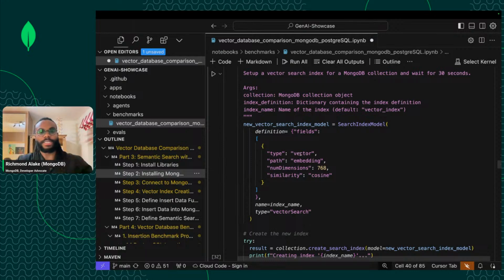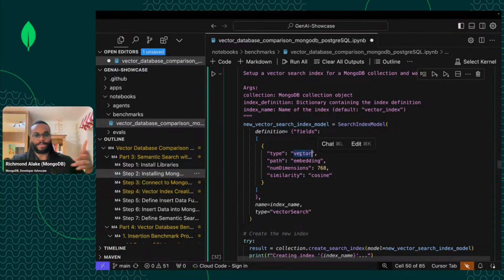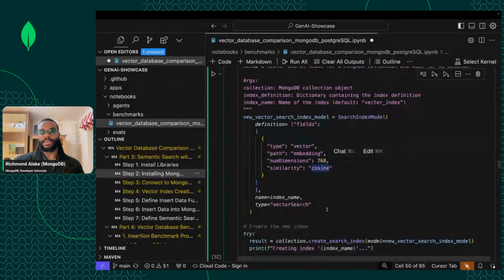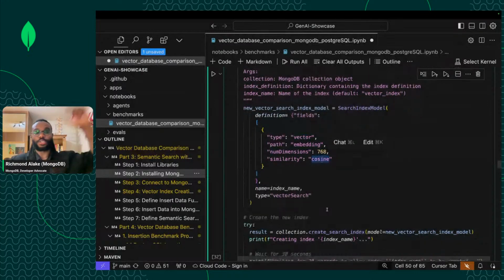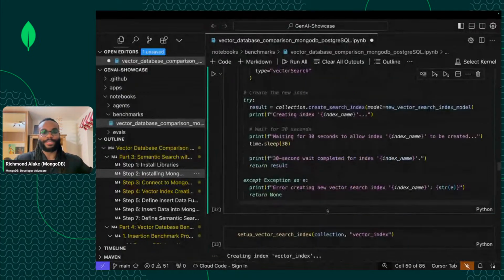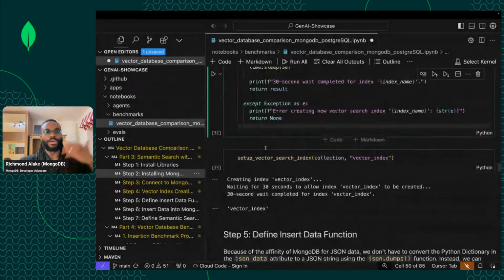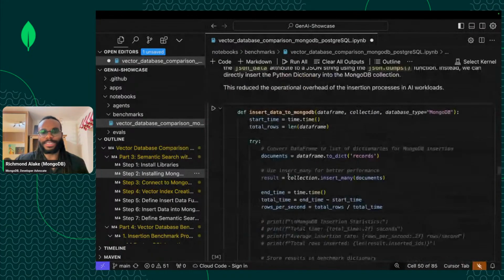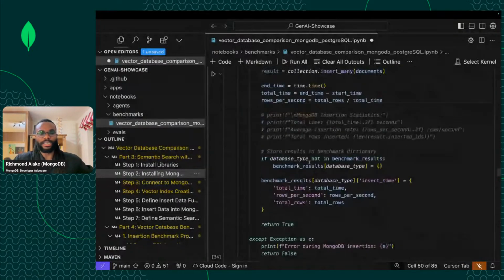And what we do is we're creating our index. It's going to be a vector type index, specify the path. We specify the number of dimensions, which is 768, and the distance function we're going to use, which is cosine. So nothing new or different to what we did over in Postgres. Typical steps. Next, similarly, our insert function, but you'll notice there is less code, just visually,